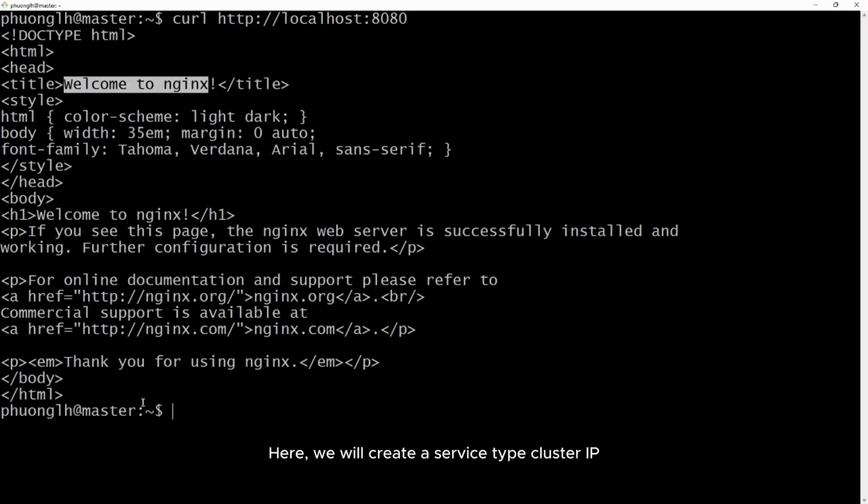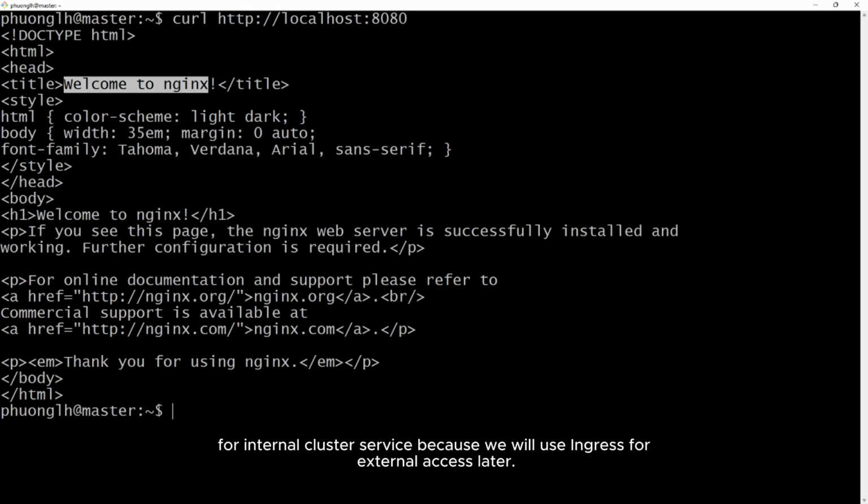Here we will create a service of type ClusterIP for internal cluster service because we will use ingress for external access later.